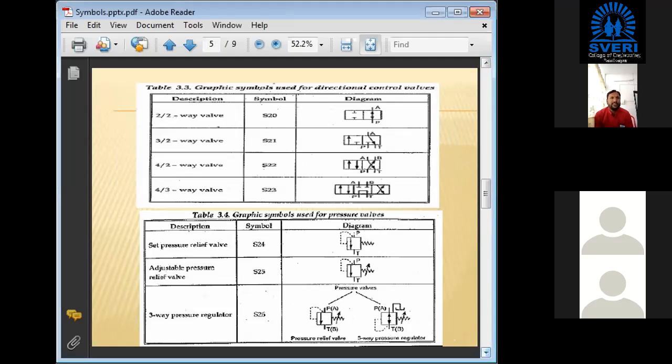Okay, now let us discuss the graphical symbols which are used for the directional control valve. Okay, I think as you don't have the idea about the controls and other things, we'll start this point in the next lecture. Until unless you know the basics about the valves and controlling the flow control or direction control or pressure control, there is no use to study this. Okay, first we'll see that during the lecture, and in the next lecture we'll see these symbols.